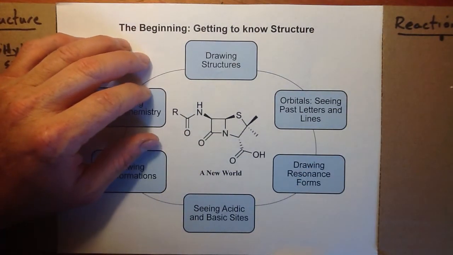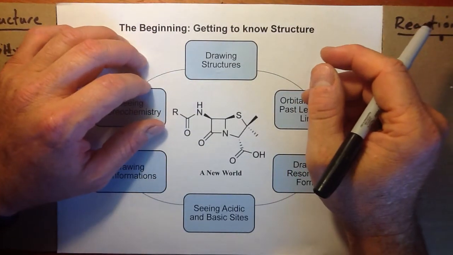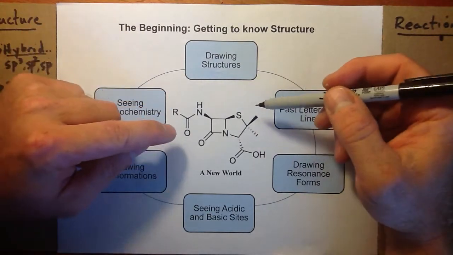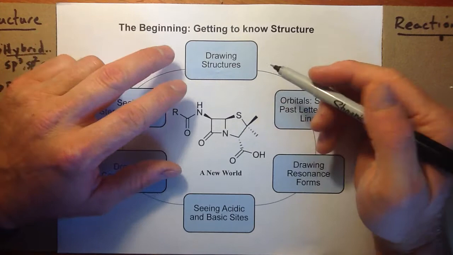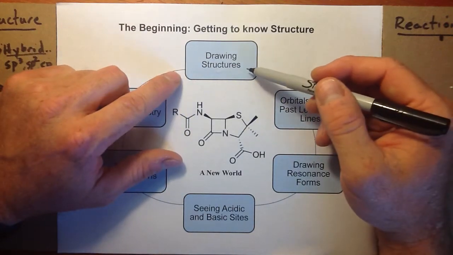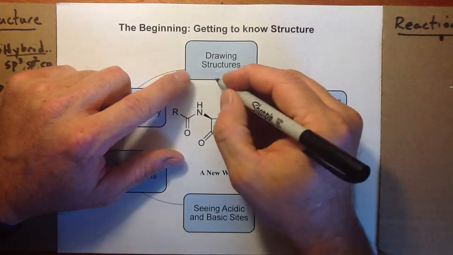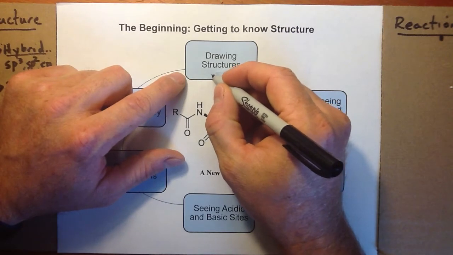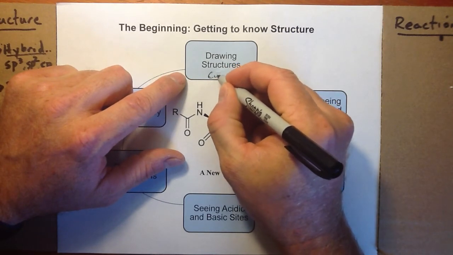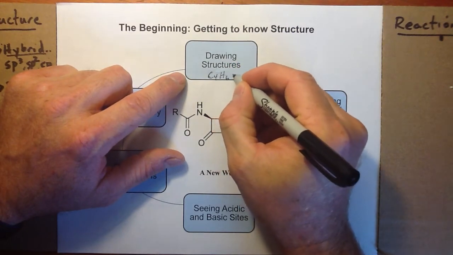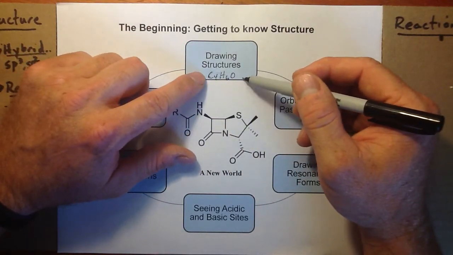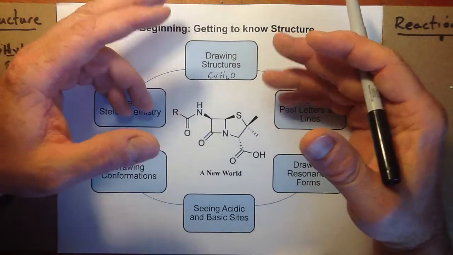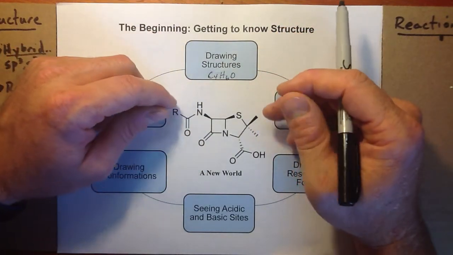Well, this is the sixth presentation on the structure and properties of organic molecules. We've been focusing on neutral structures. Our first video looked at taking simple molecular formulas such as C4H6O and building all possible structures for a molecular formula, given what we know about Lewis theory and VSEPR theory,